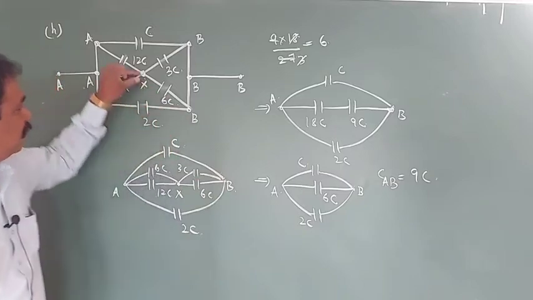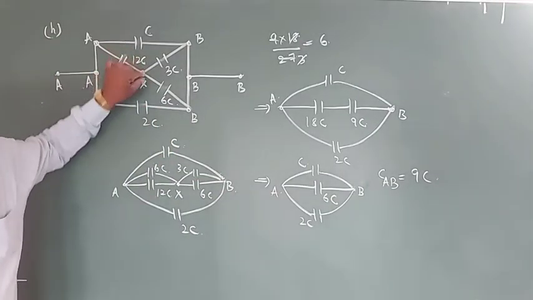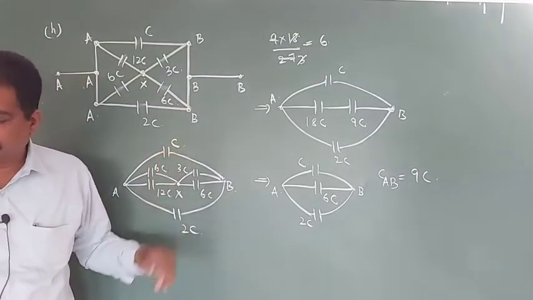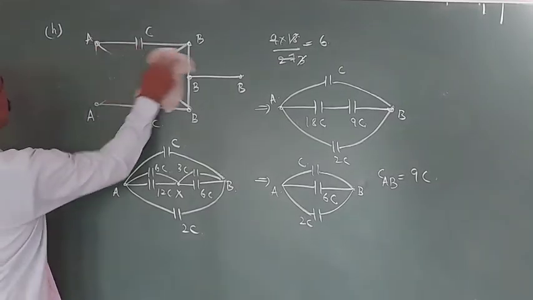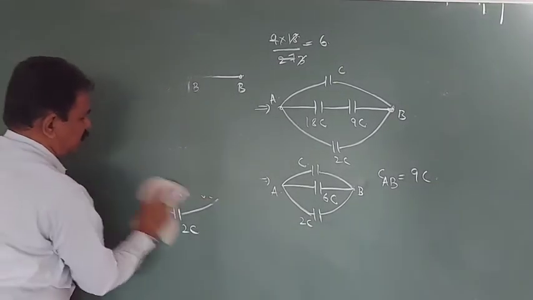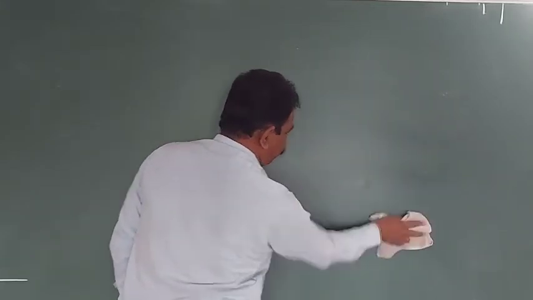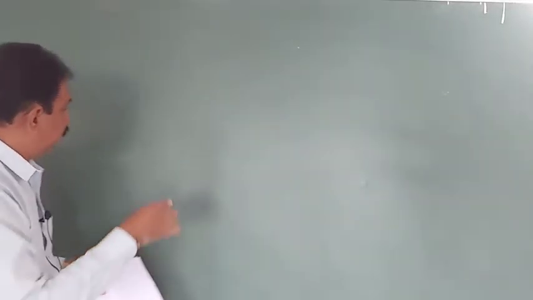Clear? Here connection is there. In the problem we did before, swapping means there is no contact. That will be different. Do one more problem. So if you note it down one by one, if you do more problems, then concept clarity will come. That's why. Next, see the next problem.